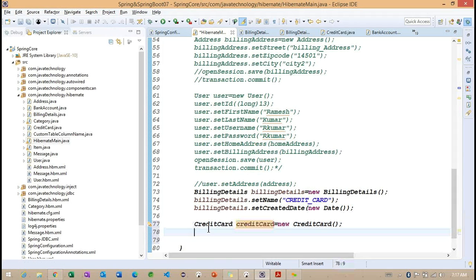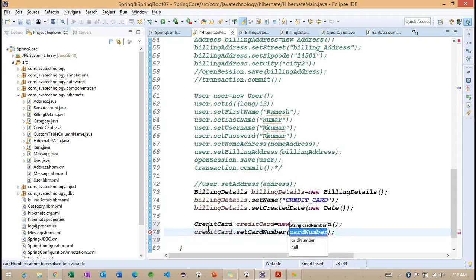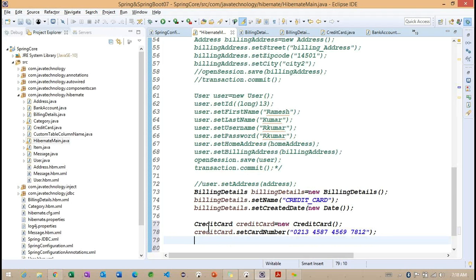So with the reference of this particular credit card number, something 0213, some credit card number I give it.